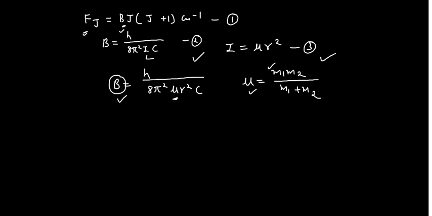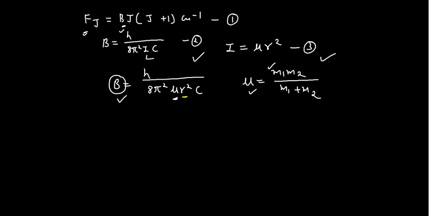Okay, and one more thing, you may argue that this r is also there. Why is this r not changing on the isotopic substitution? So please remember that it is mentioned in every textbook. Okay, internuclear distance, that is the bond length, does not change on the isotopic substitution. This is something very important. Okay, so this I have already explained to you.